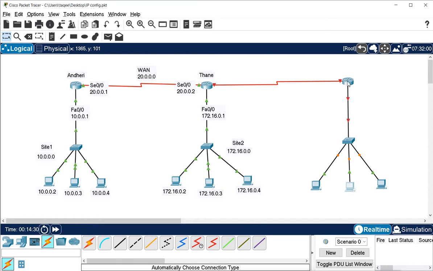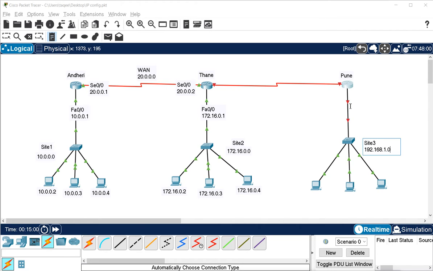Okay, so we'll name this router, and the IP addresses which we are going to use here, let's say this is our site 3, and here we are going to use the network 192.168.1.0.